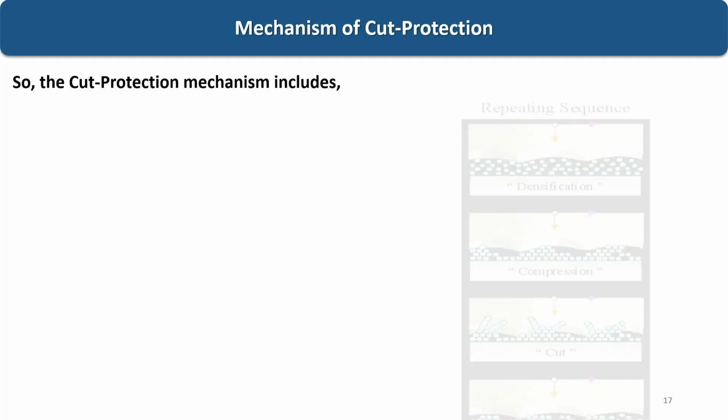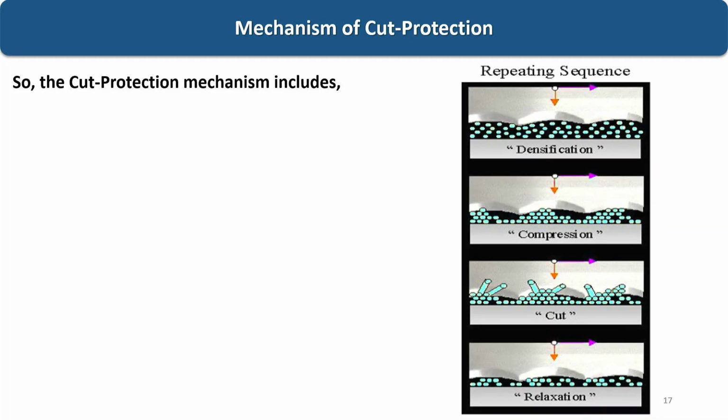So, the cut protection mechanism includes different stages. So, the repeating sequences are there. What are the sequences here? You can see, first,